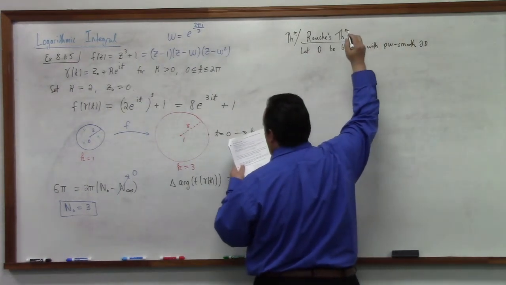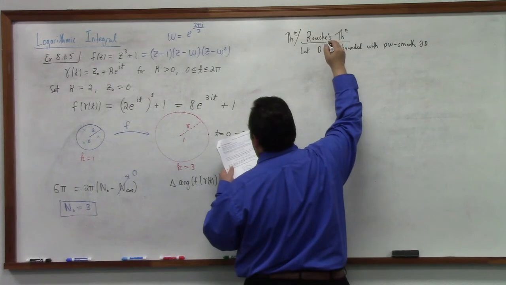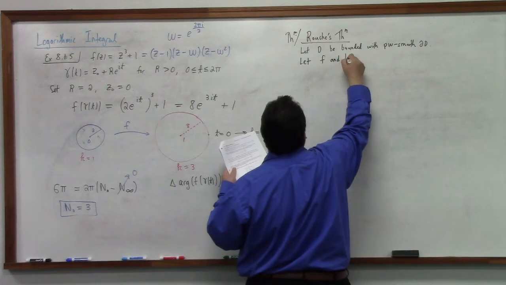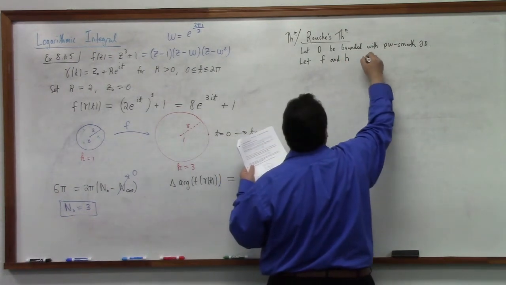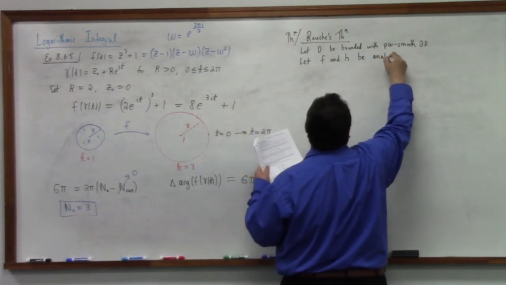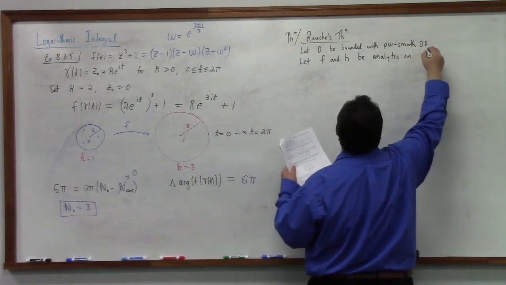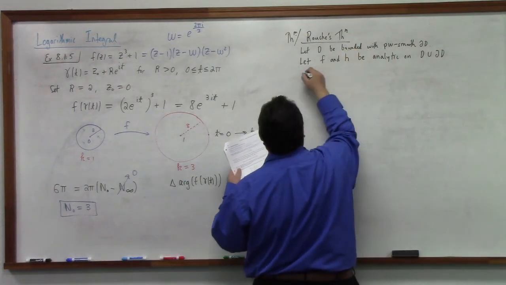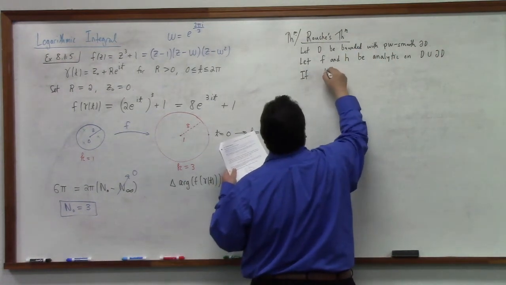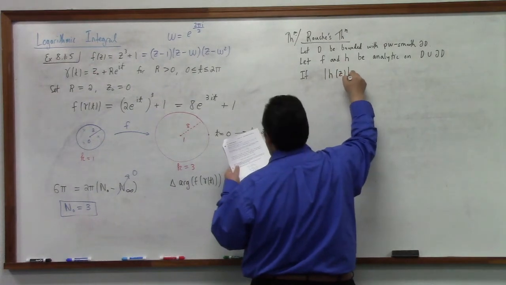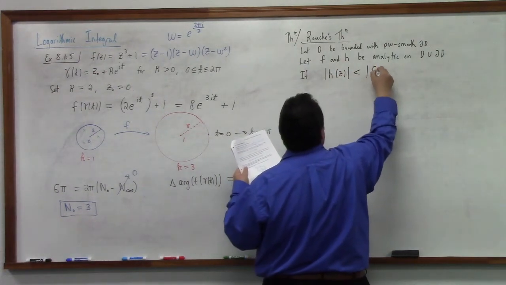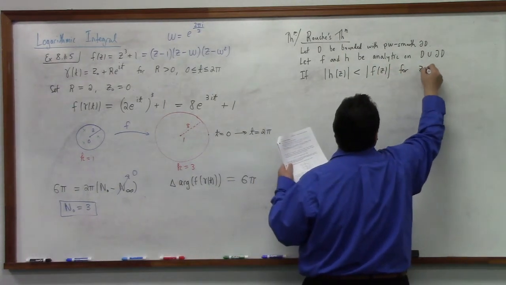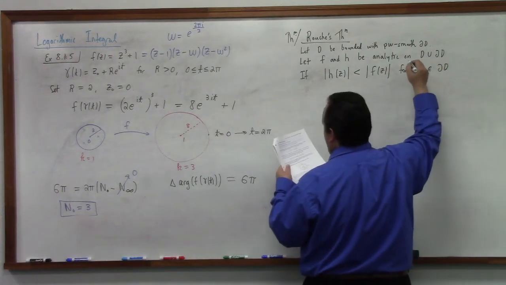And let F and H be analytic on D and its boundary, then if the modulus of h of z is less than the modulus of f of z for z in the boundary, then